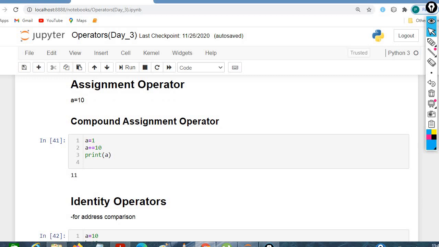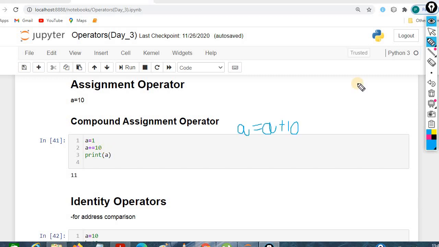Next one is the assignment operator. In the assignment operator, the symbol is the equal sign, with which we assign a particular value. And we have the compound assignment operators as well. We can write a equal to 1, which is a simple assignment operator. Then we can write a plus equal to 10.